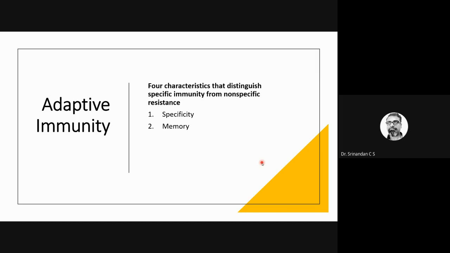This particular first and second one is the major components which are exploited in the vaccination also. So, say we are taking the vaccine against the coronavirus, and the vaccine is very specific to one particular antigen of the virus, and it also holds memory, and you increase the memory by booster doses. So only one or two doses we have, so it has memory.